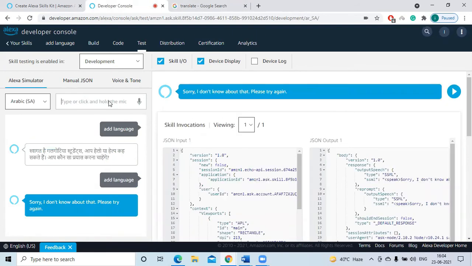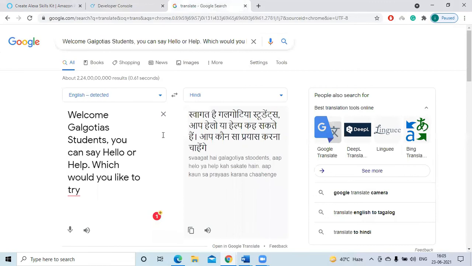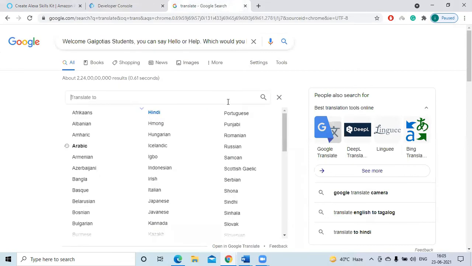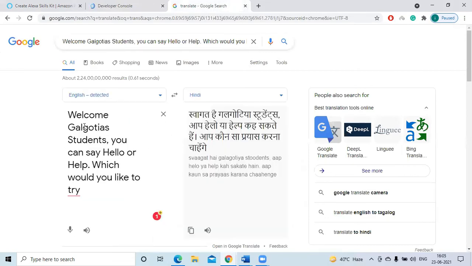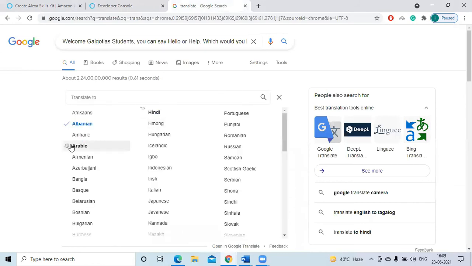So this is the problem. It is saying sorry, I don't know about that. Please look the key again. Then I have to change this code, Hindi code, to Arabic. This is not Arabic.